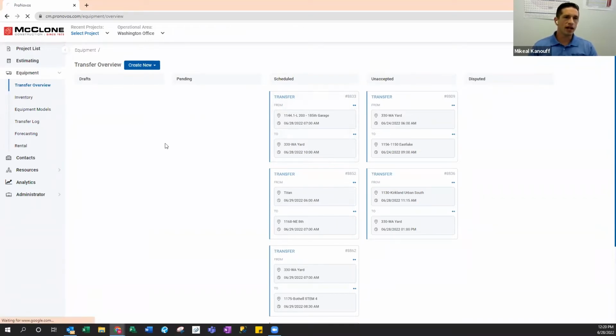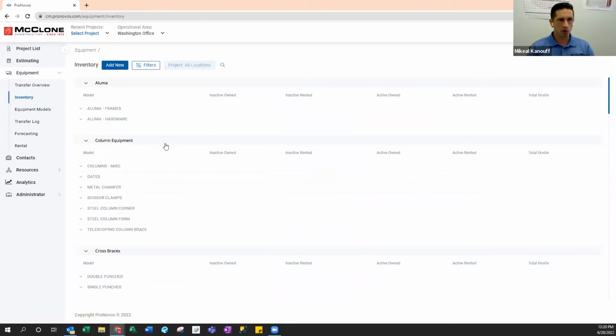So the equipment area has a couple different portions. The transfer log, you can go look at all your different transfers and everything that's on there. But it's a big portion of what we do. Having equipment and making sure that we have everything registered within here is really big. And then the reporting side of this, ProNovos tracks all this information. Every date for every piece of equipment on and off the site is tracked. I'll show you a report that we use here at the end on how this kind of comes full circle